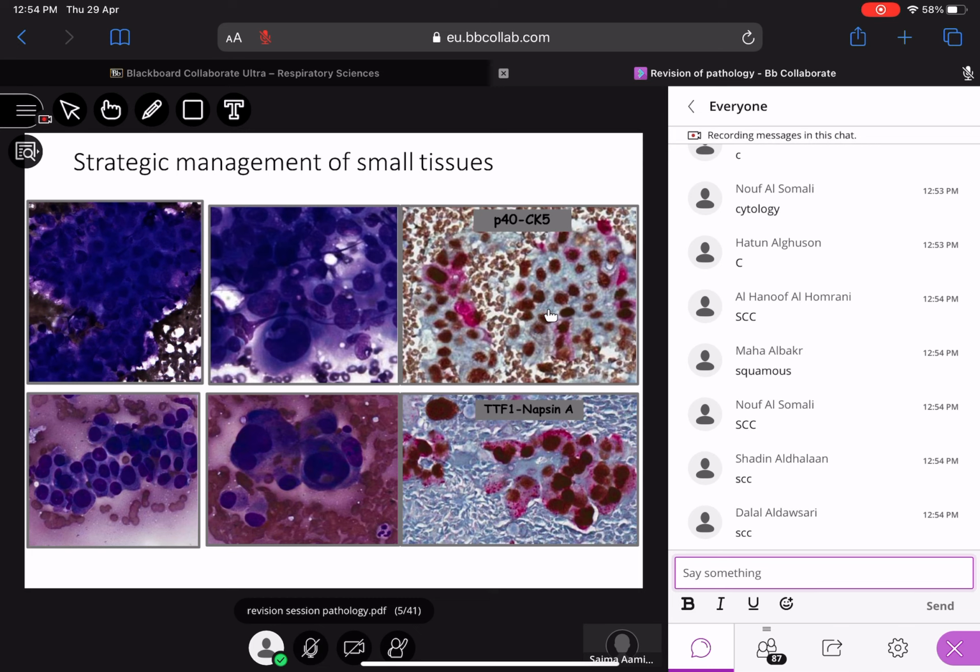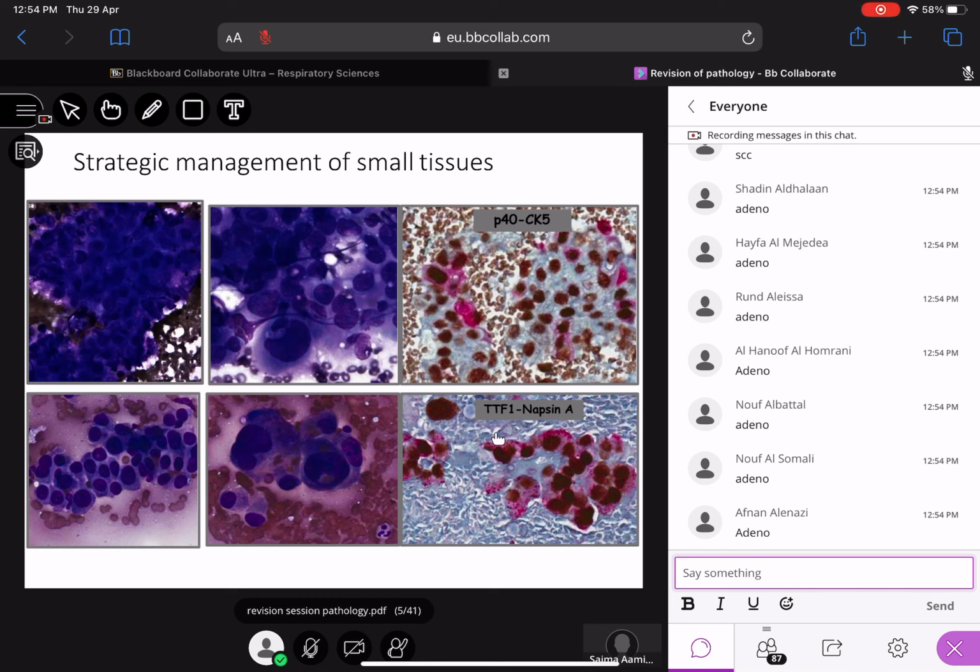Yes, it is squamous cell carcinoma because you have P40 positivity in the nucleus, the brown thing, and the reddish granules in the cytoplasm for cytokeratin 5. So the purpose of this cocktail is to save time and money. It's more economical, and you can use this immuno cocktail in a short time, and you can get the quick diagnosis. Then you have another case in which you have employed TTF1 and napsin A. What is the diagnosis in this line?